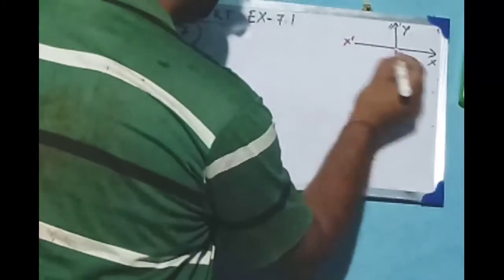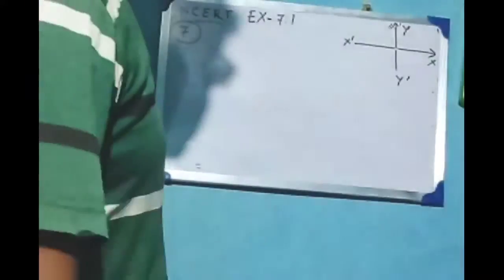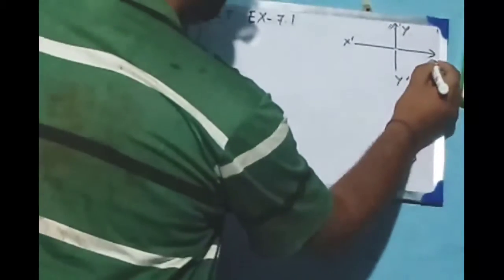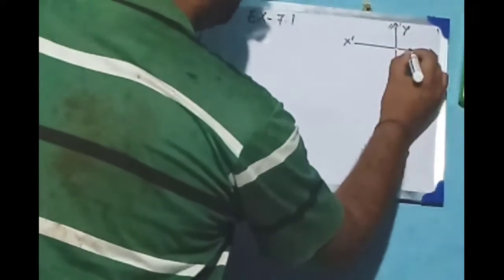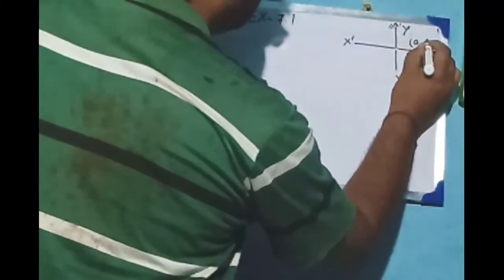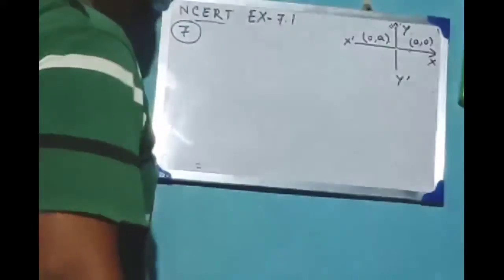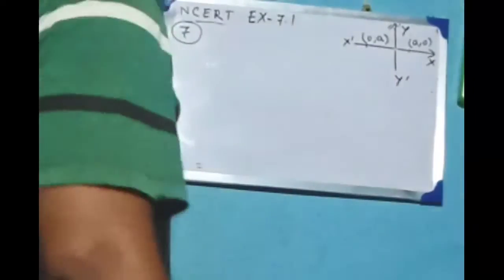If these are the axes, this is x, this is y, x dash and y dash. Then any point on the x-axis can be represented by (a, 0). Understand? Now